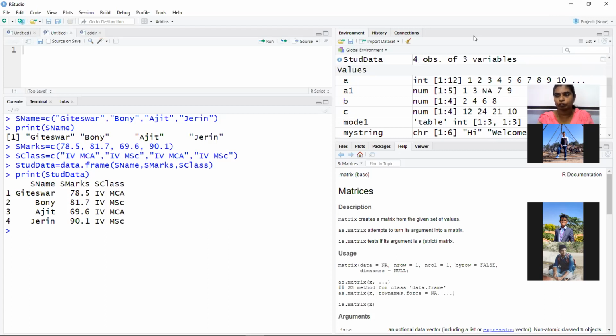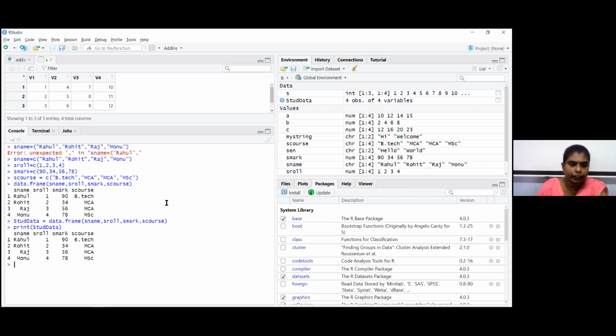Good, good. Okay, Jiren, your data has totally 4 columns, right? Name, role, mark, code, right? So generally how do we access the matrix? We will give the row and column like that, right? Now can you try this way, Jiren? Can you give stored data? Okay, type stored data. Press tab. Give the dollar symbol.